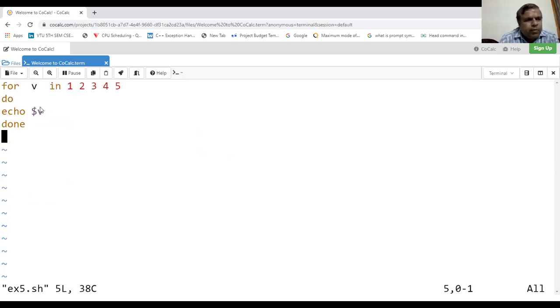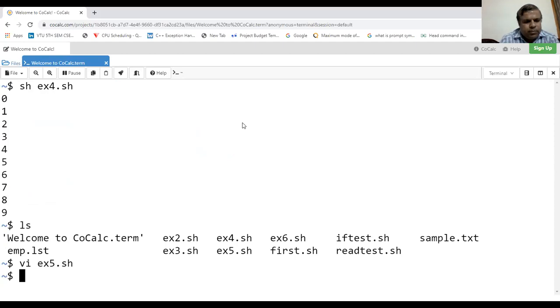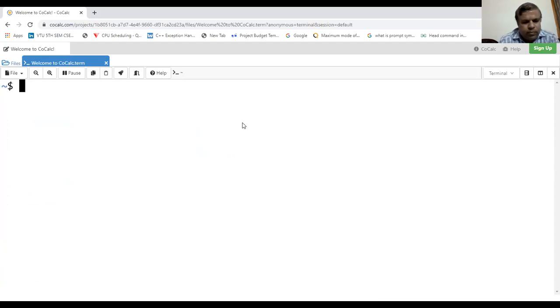So this is the for loop to iterate through a list of numbers. See, the numbers are printed.